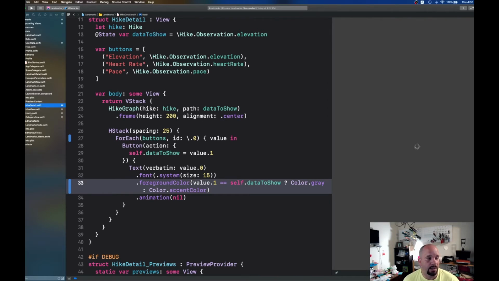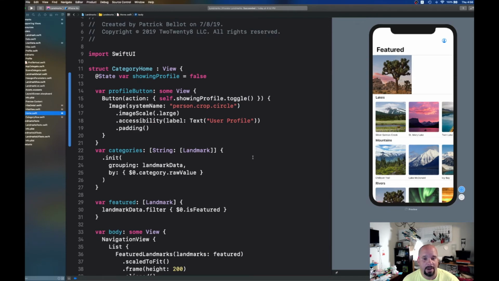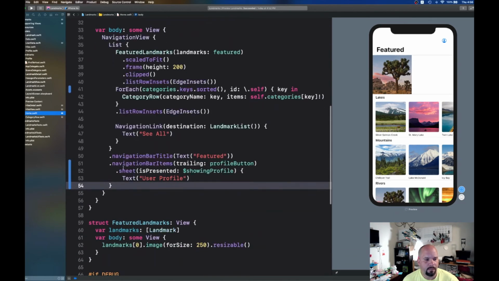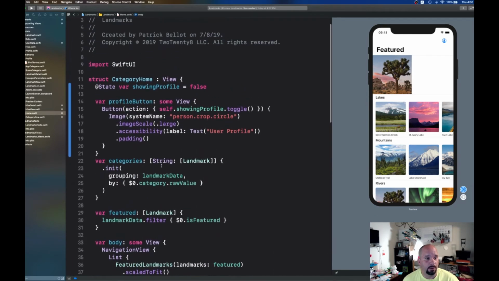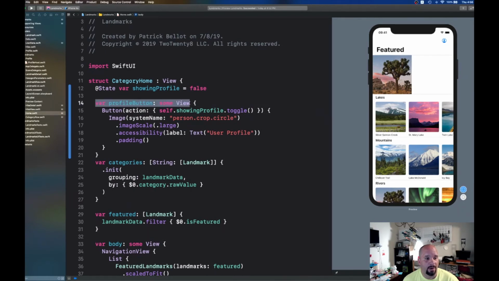And the next issue I had was with the PresentationLink, which was deprecated. This is now .sheet, and the workaround that I found on Twitter, my folks on Twitter, thank you very much for that, I appreciate it, was to go and build out a profile button, okay, and the action is self dot toggle, so it'll toggle this state. It's monitoring this state right here,